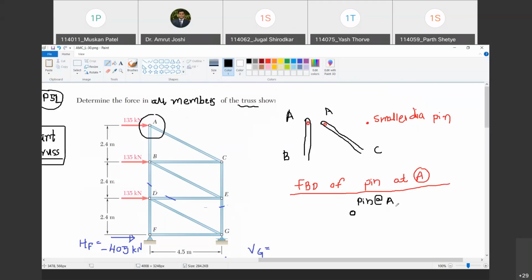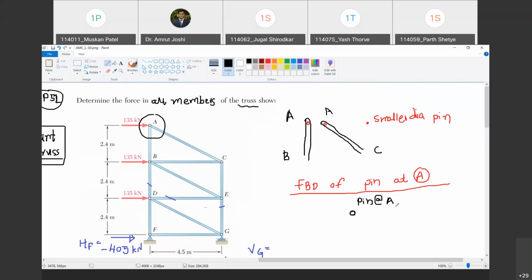And I am assuming that member AB and AC are in tension. So imagine you have tied a rope to a ceiling and you pull it so that the rope is in tension. So what kind of action does it take on the roof? Roof के ऊपर क्या action लेता है? Does it pull the roof?